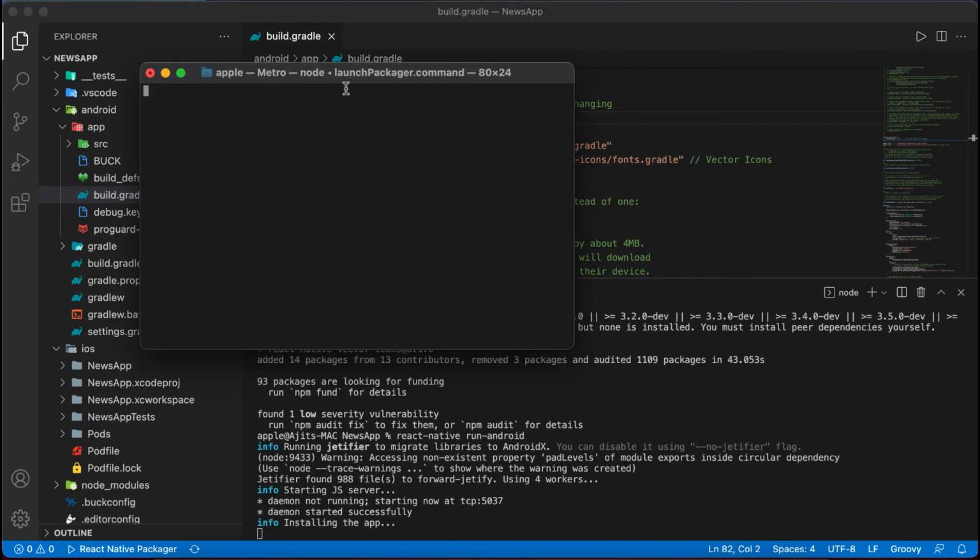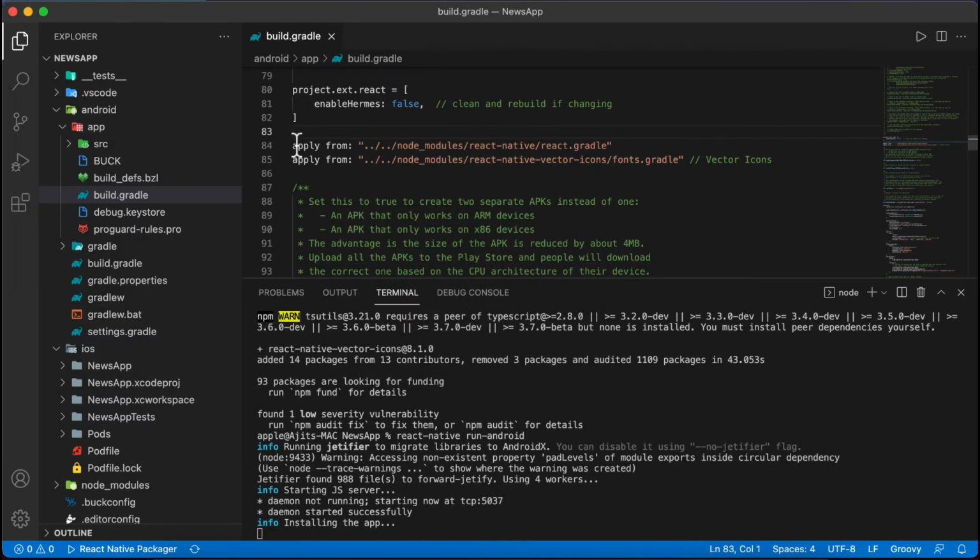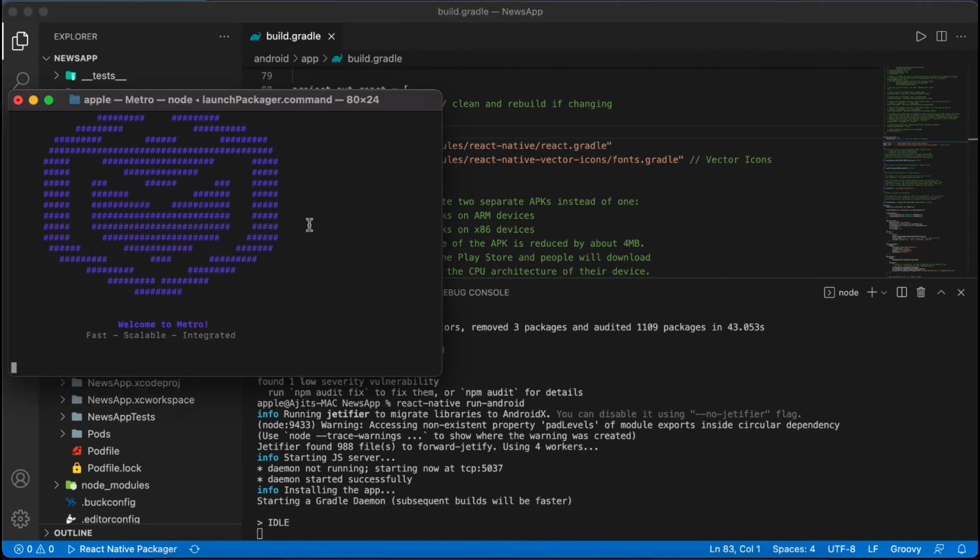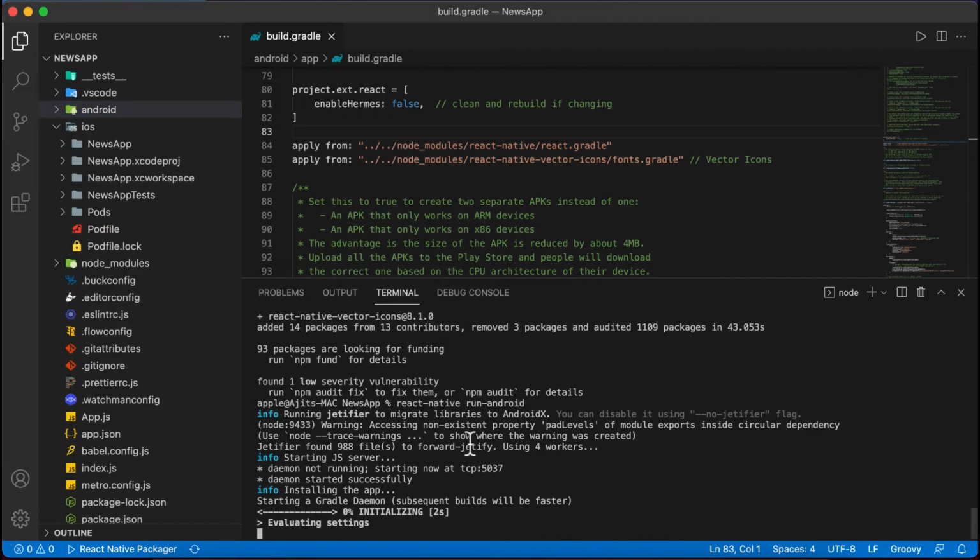Okay, Metro server started. This is React version 0.64. Our Gradle is building here.